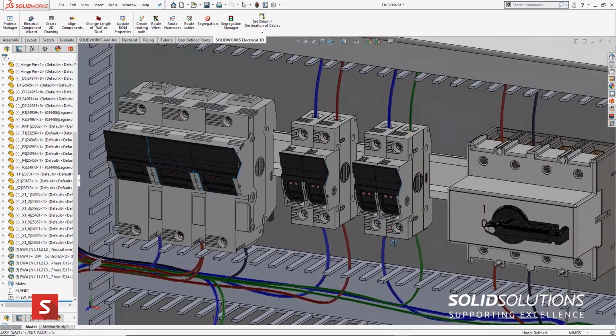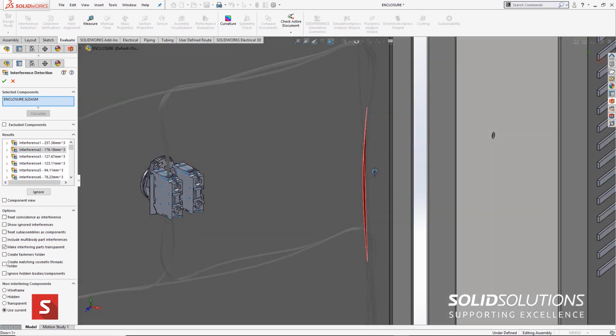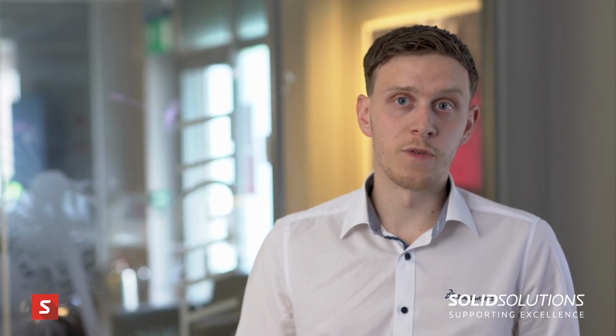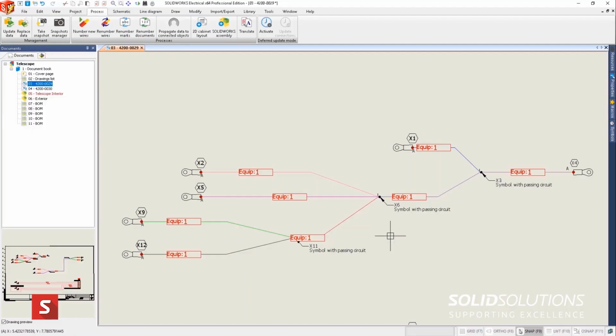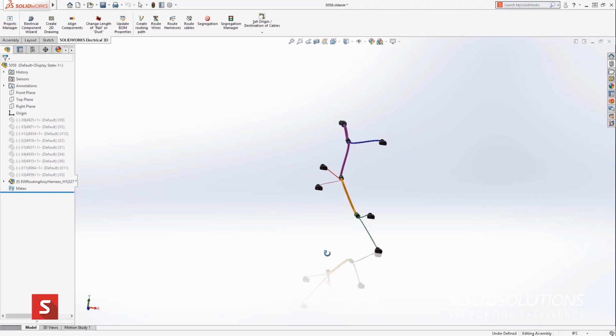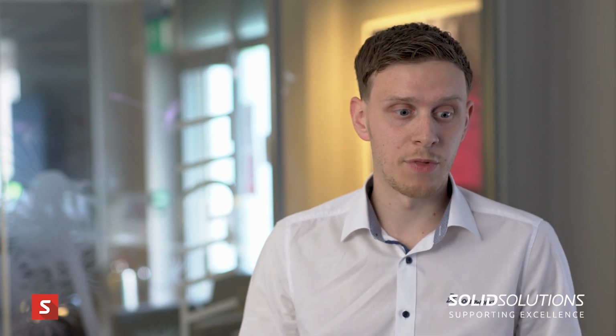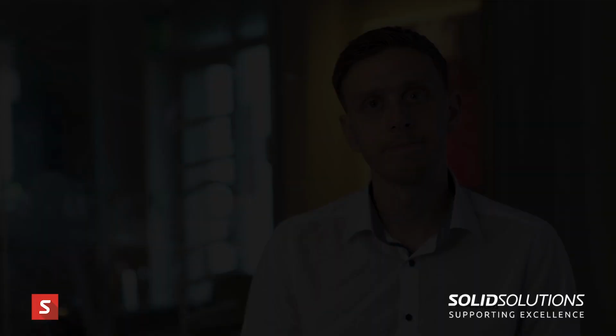And that can read in the project that you've produced from schematics, and you can route wires, cables, harnesses in 3D, and also size up cabinets to make sure everything fits before you actually go on to prototype. The final offering would be Electrical Professional. So this binds the two products together, both schematics and 3D, and it's normally for people that are doing both schematic and 3D design work together. So it's quite rare amongst our customers, but there are some people that do require that and have the same person doing both tasks.